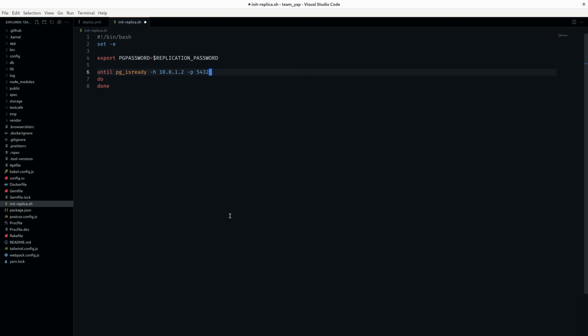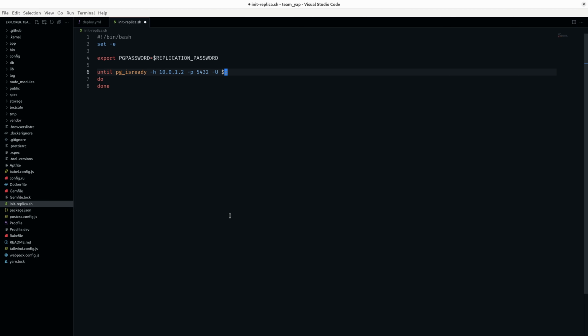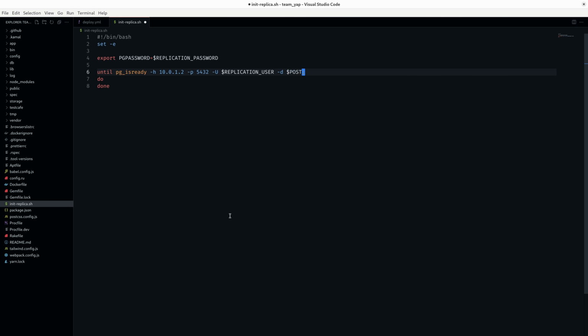be clear. The next flag is the capital -U flag for the user I want to use for testing connectivity to the primary database. I'll use the replication user environment variable since it'll be set up in this container. The last flag I'll set here is -d for the database name. The POSTGRES_DB environment variable that we also set up for this accessory contains the database name we're using for the